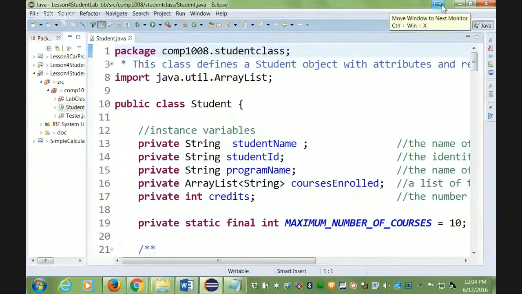Class project last week. We had almost completed the student class and we had started working on the lab class. What you have from me now from Blackboard is a few more things. I have partially completed the lab class, and there are a few things that I would now like to discuss as a class. So the setters and getters, I don't think we need to put in any more